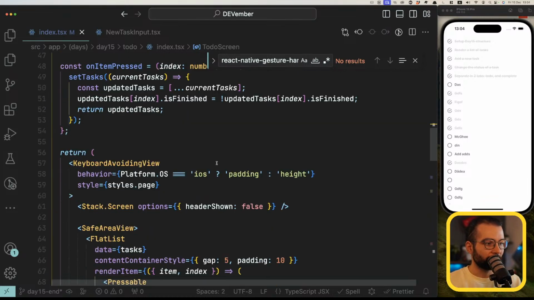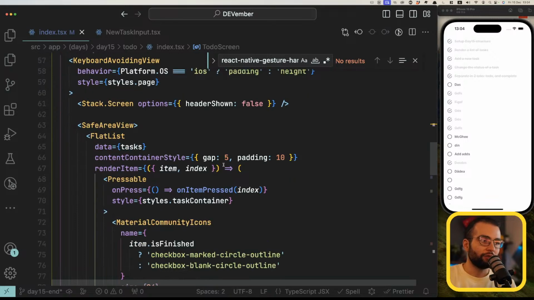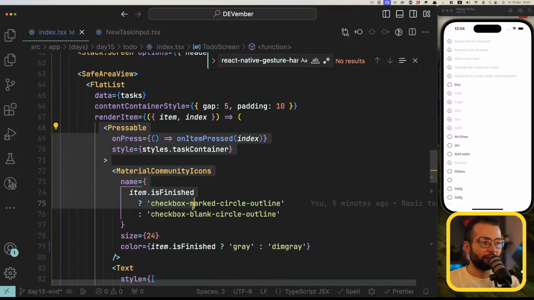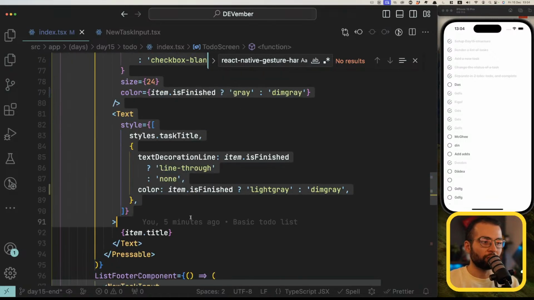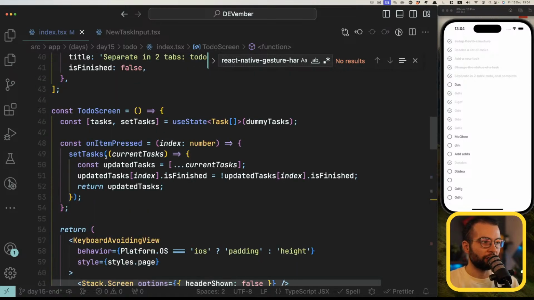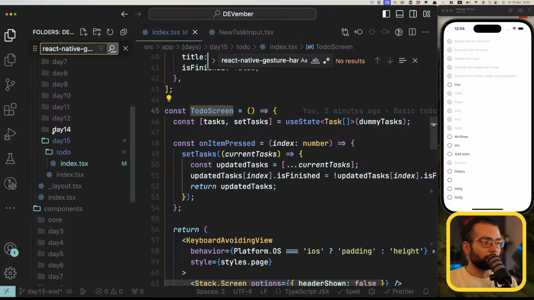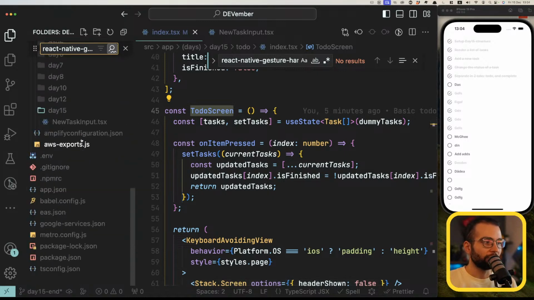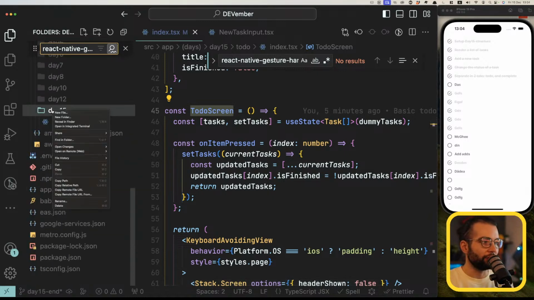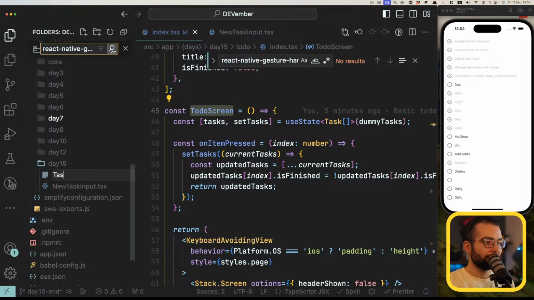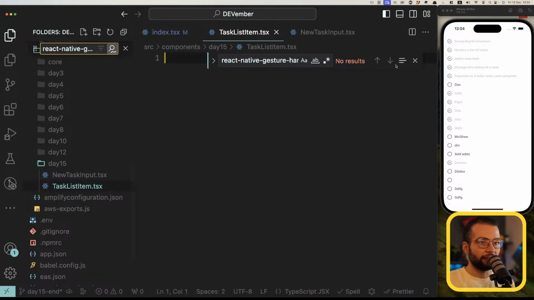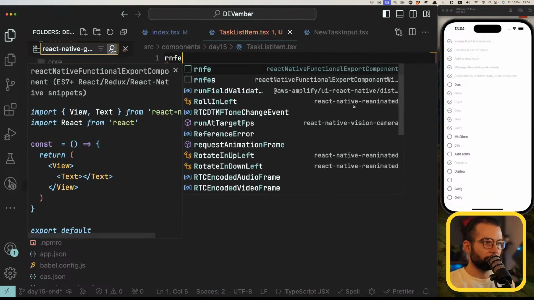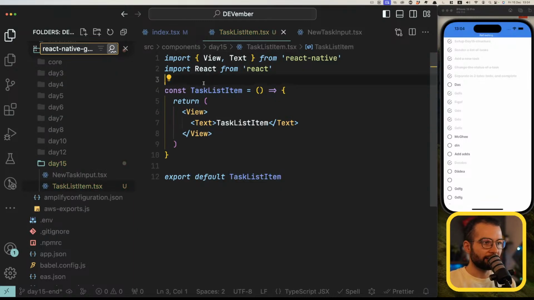inside our to-do screen. Let's take this moment to extract the logic of rendering one item into its own component, because in that situation, our to-do screen will be much cleaner. And we're going to be able to continue adding features easier. So in day 15, let's create a new one, task list item.tsx. And here I'm going to generate a simple component, task list item,